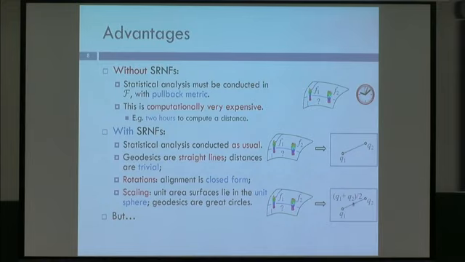So, for example, to compute the distance between two surfaces takes around 2 hours. And if you imagine that to actually calculate the mean of a set of shapes, you have to do this many, many times, you begin to see that this is computationally not feasible. On the other hand, if we have this quantity SRNF and we restrict to this partial elastic metric, then we're essentially in the standard statistical scenario where we have R^D, if you like. In theory, it's infinite dimensional, but essentially many things are the same. So in particular, for example, the shortest path between 2 points is simply a straight line